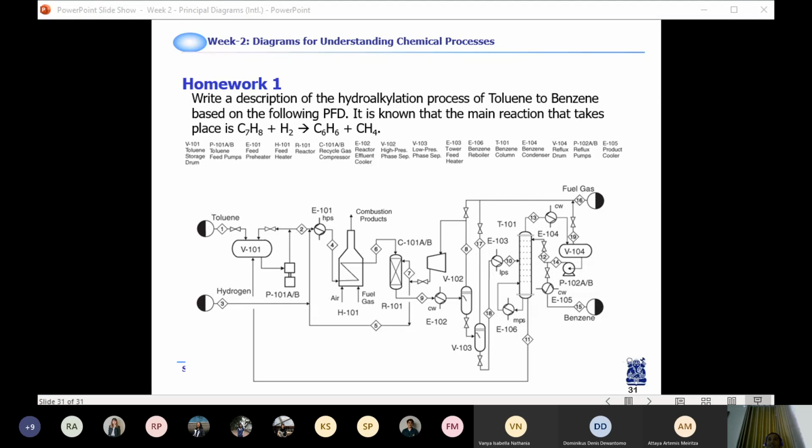But for the general one I mentioned, usually we use V for the vessel, C for the compressor, T for the tank. Something like that. That's for the general case. But again, when you work in a specific company, every company has its own system in terms of numbering and giving a code to the unit operation. Is it clear? Yes, sir. Dominicus? Clear. Thank you. Okay.